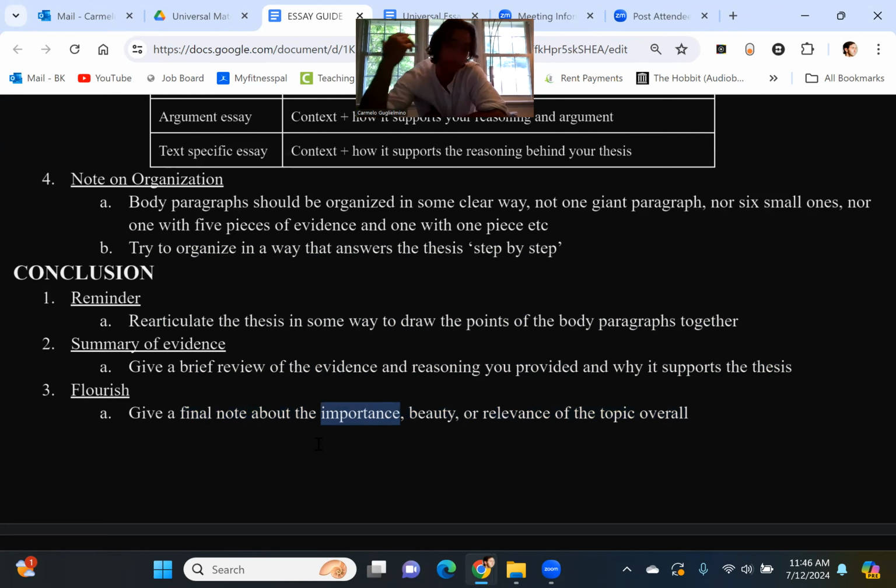So for the importance, you could say, yes, we can clearly see that William Shakespeare is trying to communicate to us the importance of not being impulsive because it will lead to tragedy. Perfect. We could say that William Shakespeare has beautifully demonstrated the danger of being impulsive. Perfect. Or has really beautifully established how this particular flaw exists within this particular character. Or we could say the relevance of the topic overall. Yes, we can see that impulsiveness is something that we grapple with even today, and we can find a perfect example of why we should not let this flaw go unaddressed in the character of Romeo. Perfect.